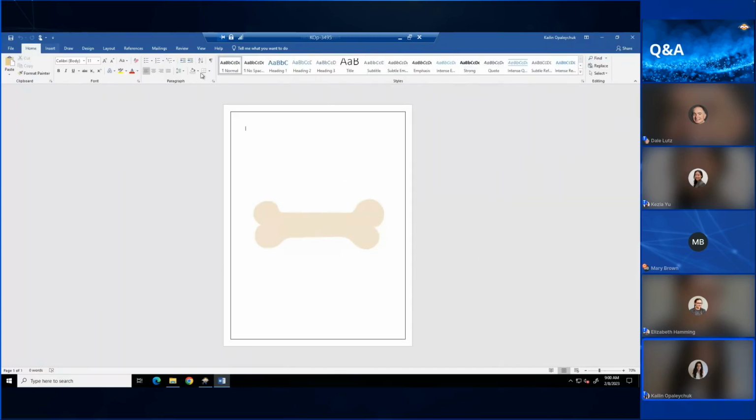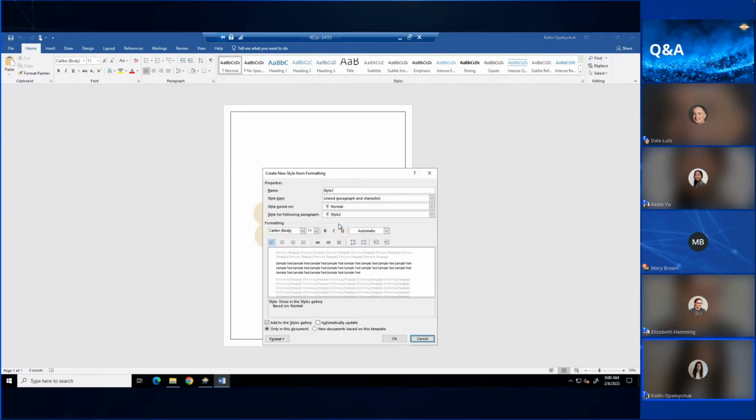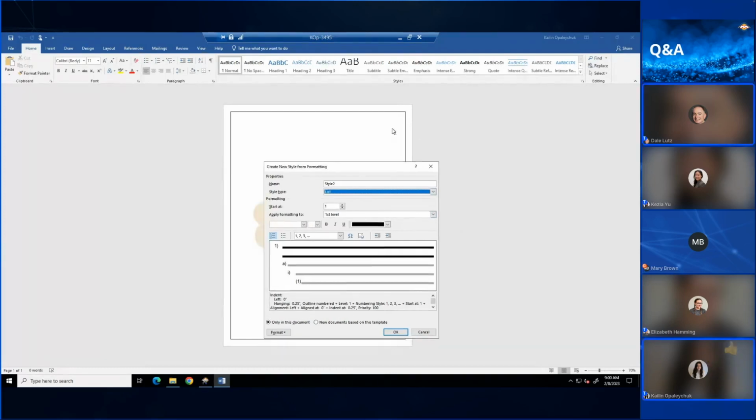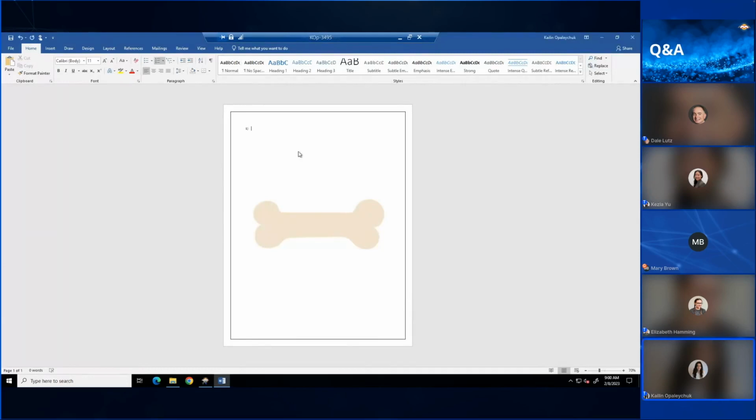If you're trying to add some kind of heading style or some kind of font style, you're going to have to come to this home and then styles down. You're going to want to create a style and then modify the style. And this is where you name it. You can choose which type it is. So if you want to create a list style, for example, and then you go set up, and then you can add it to this document.